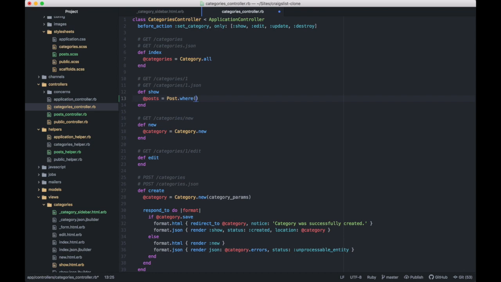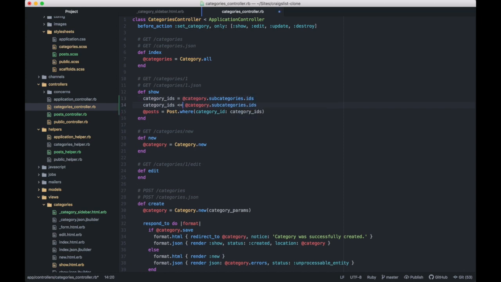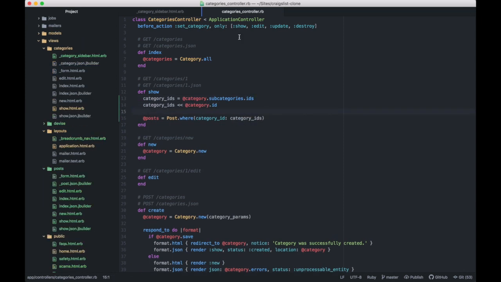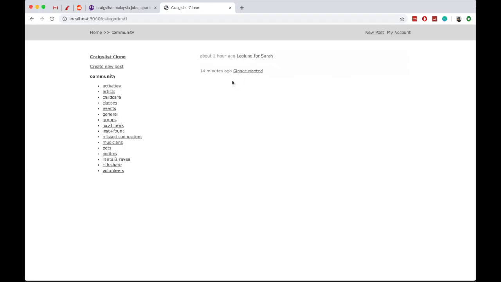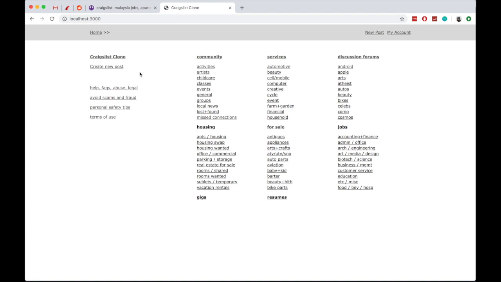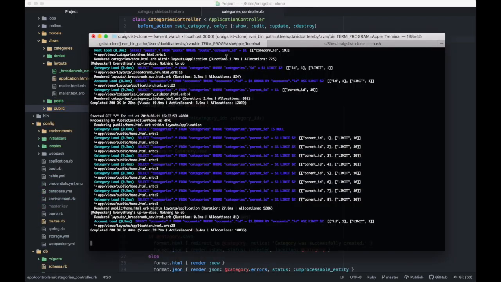So let's try to modify this post select, and we'll pass in an array of IDs that we want to search for. So we want to get a list of subcategory IDs. And now if we test this out, we can see that the top level category is indeed loading all the sub posts. And now we can just add a sign out link here, replacing the my account link at the